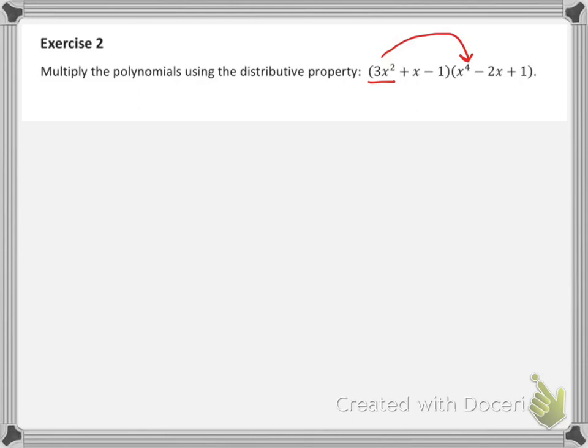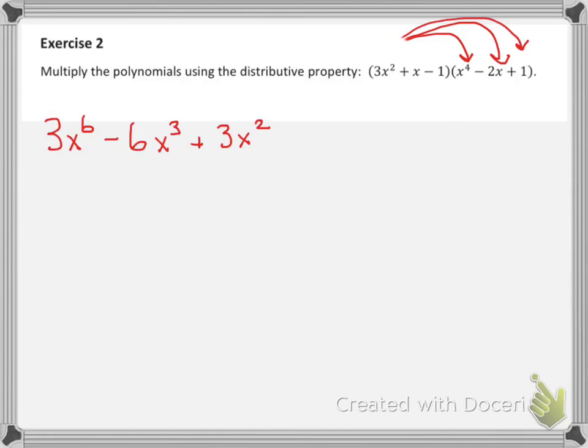So 3x squared times x to the fourth would be 3x to the sixth. When you multiply exponents, you simply add the exponents. So 2 plus 4 is 6. 3x squared times a negative 2x. Well, 3x squared times a negative 2. Negative 2 times 3 is a negative 6, so that's my coefficient. And then x squared times x is x to the third power. And then lastly, 3x squared times 1, well, that's just going to give me a positive 3x squared. And that's the first part,